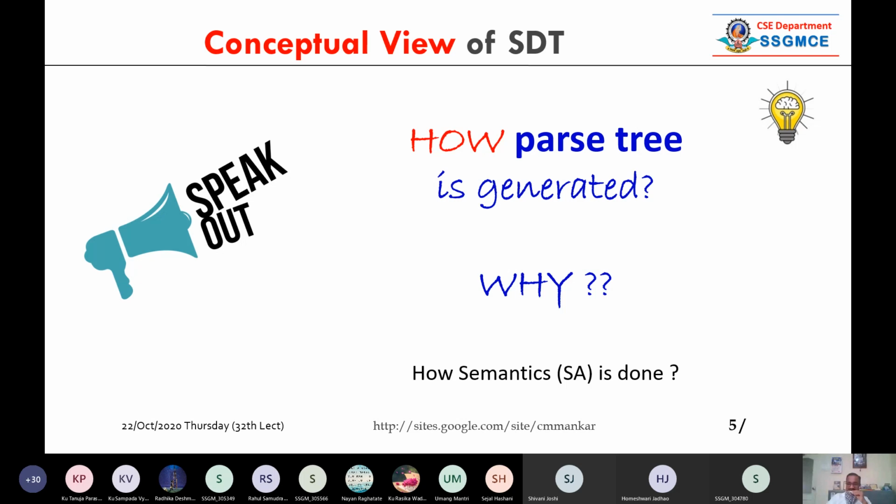Voice lagging. Okay, Tejas, you are saying my voice is lagging. Okay, I will try turning off the camera. Now someone should say. Please turn on the mic and answer how the parse tree is generated. Or you can send it in the chat?